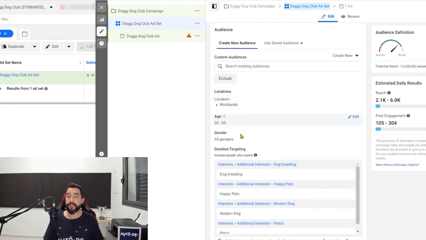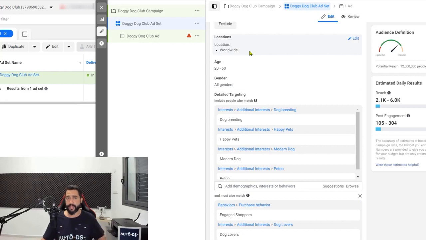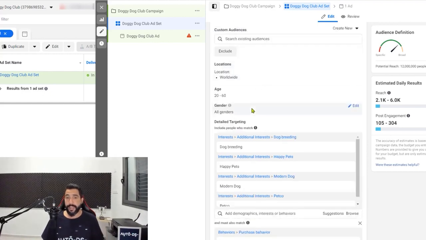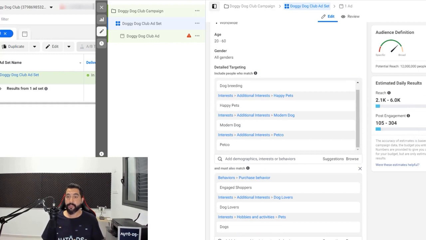Later on, we moved down to the audience demographics. We chose a worldwide location because for post boost engagement, you can just shoot it out to the whole world. Facebook will find the cheapest audience to interact with your ad. Then we chose the age and the gender. Then we moved on to the detailed targeting. And here is where we narrow down an audience from billions to just about 12 million people, which is enough